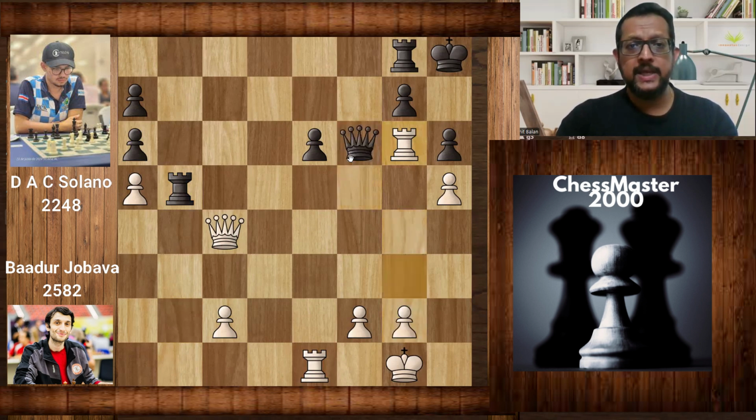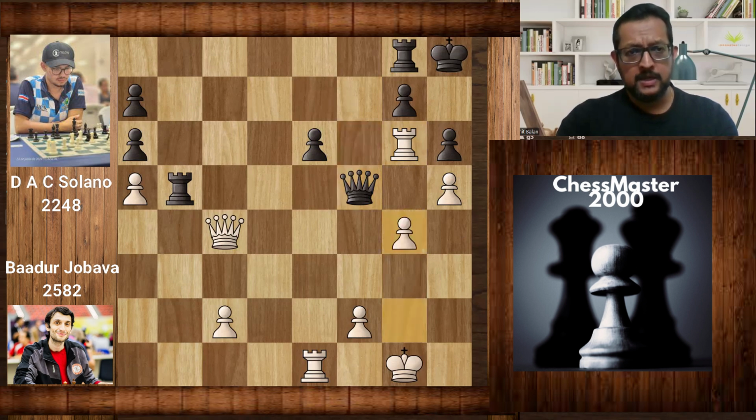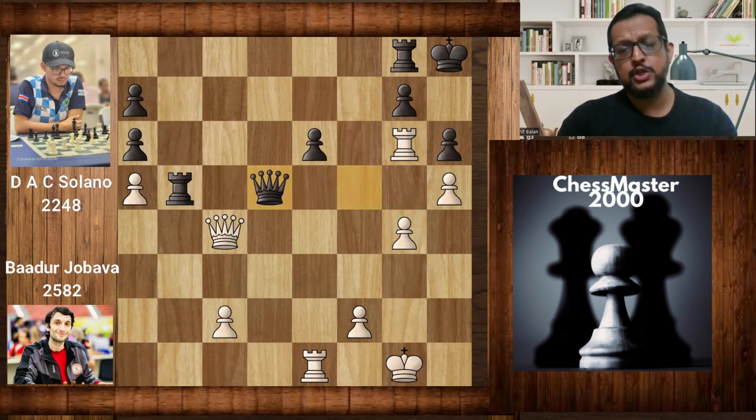Instead, I think queen e7 was better, or queen f7 was better. I don't know. It's a very complicated position. But queen f5 allowed White to play g4 with tempo. Here, queen c5 was better, but Black played queen d5, and now White's advantage grew significantly because of the